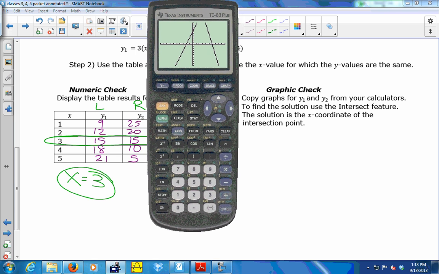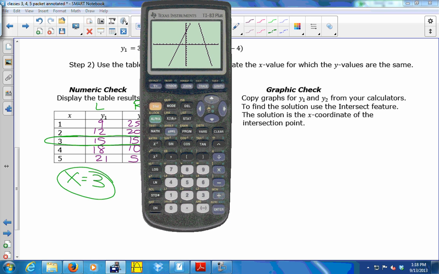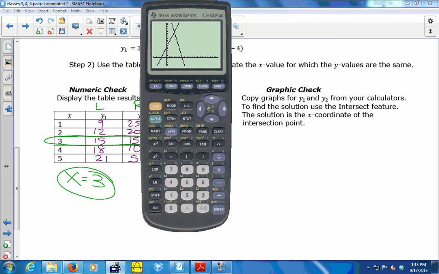And I want to find the place where those two graphs intersect. And it looks like it's not quite in my window. So I'm just going to adjust my viewing window a little bit. Maybe I'll go negative 5 to 20. Negative 5 to 20. And now I can see where they cross. All right, so if I copy this graph down onto my paper,